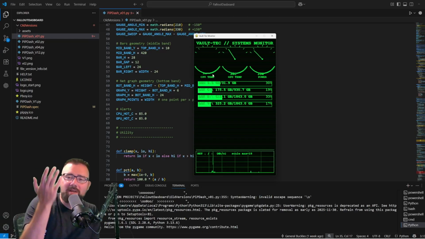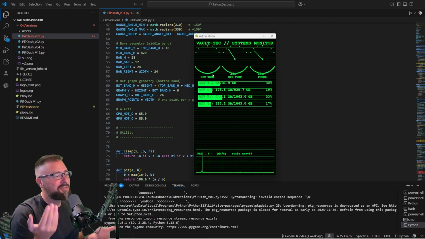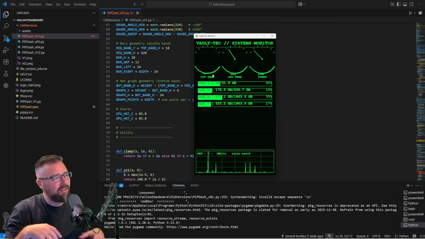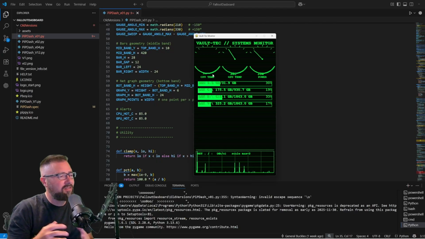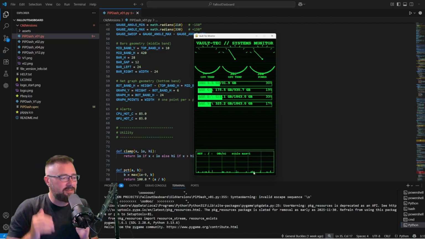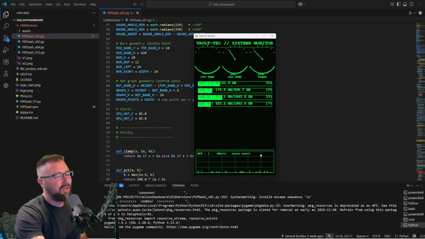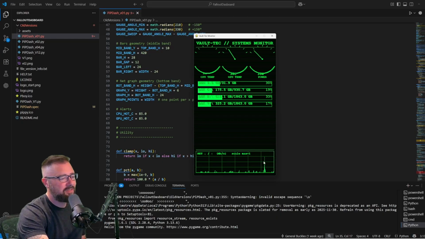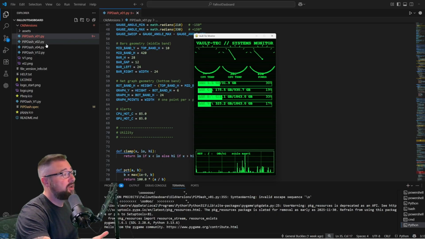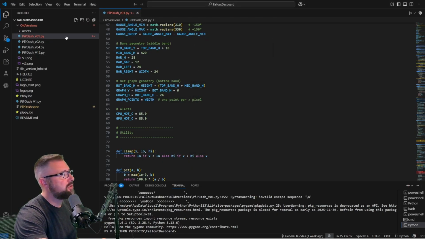I'd forgotten. So when I started this, it was going to display temperature information, but in my research, temps seemed to be hard to access depending on the APIs required to do that. And then the plot down here, I didn't give it any specifications. I just said, make a plot, and it did it from the bottom with these little spikes. I actually like the older version a little better, but there's a reason the newer version is the way it is. So I continued on from there with a version 2